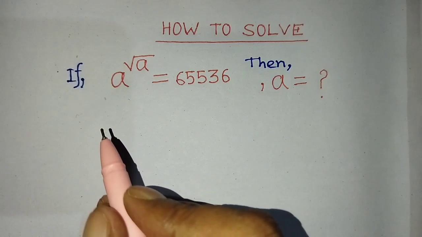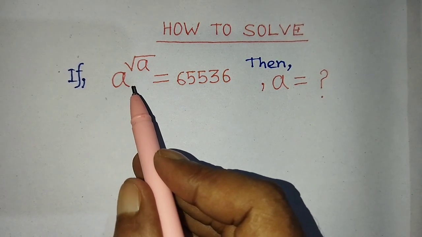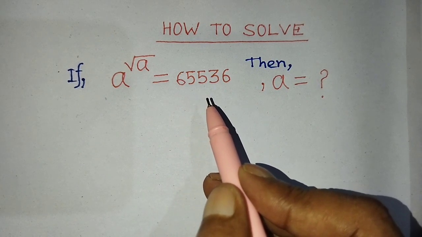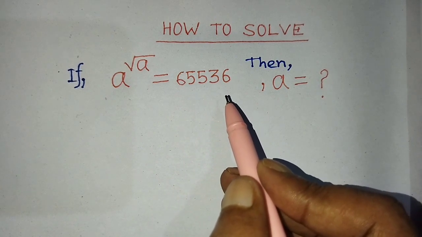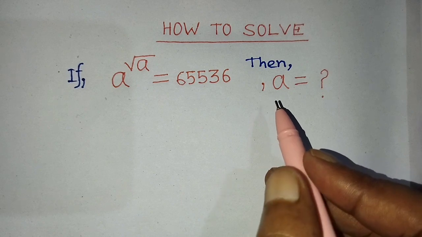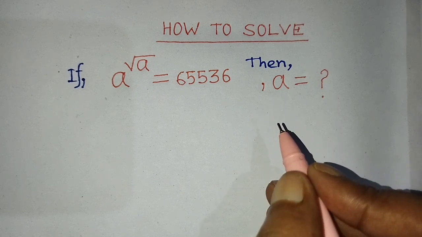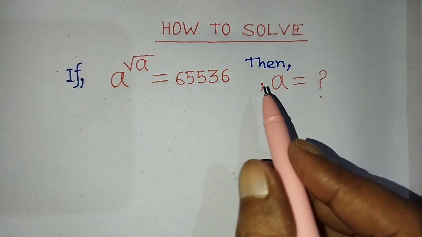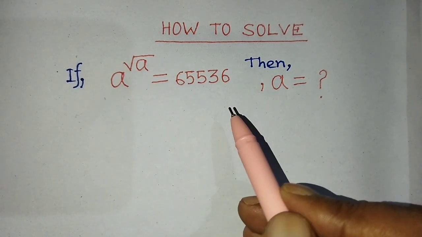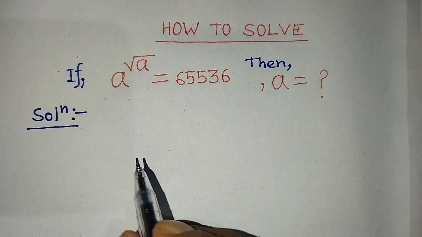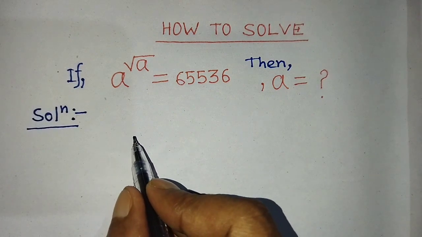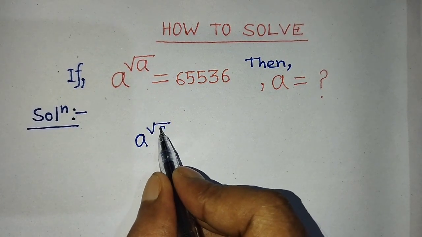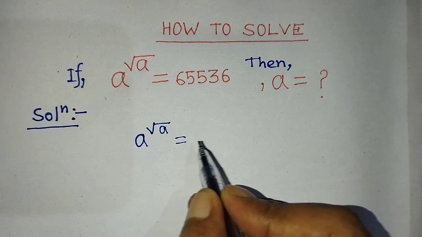So my dear student, today our question is: if a to the power root over of a is equal to 65,536, then find the value of a. So student, in this video I will tell you how to find the value of a from this exponential equation. So my dear student, our given exponential equation is a to the power root over of a is equal to